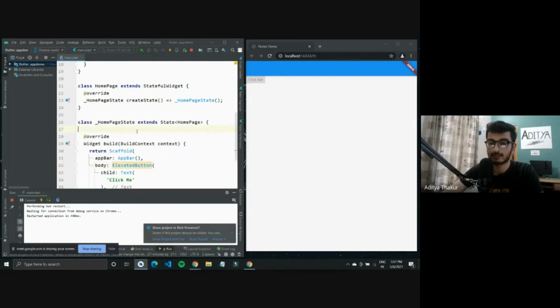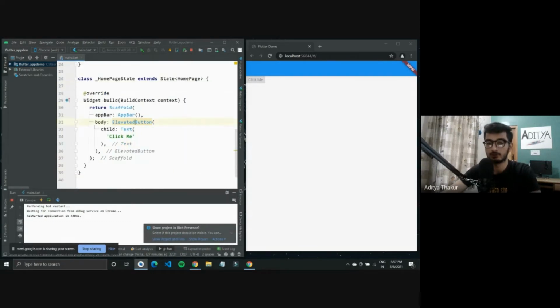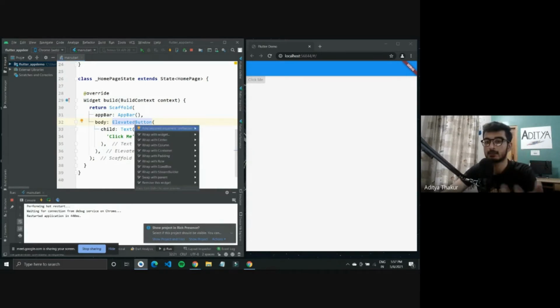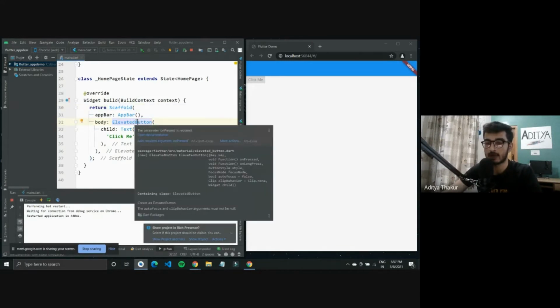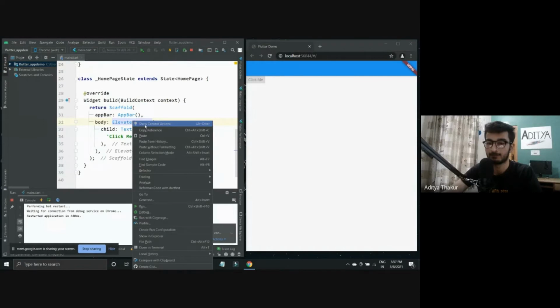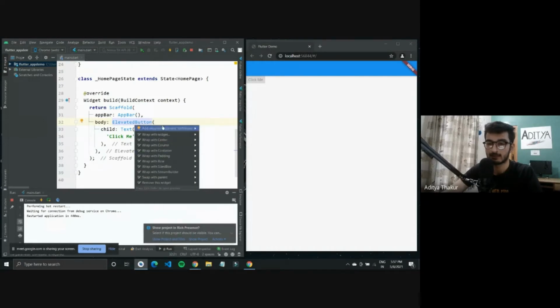So one of the things that you can do on Android Studio, and you can even do it in Visual Studio Code, you can check out the context action on Android Studio. You can click on a widget and click on Alt plus Enter, or you can simply go with your mouse and do a right click, show context actions, and you'll have all these different properties available in it.